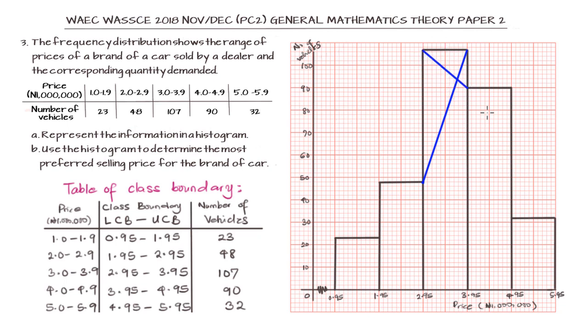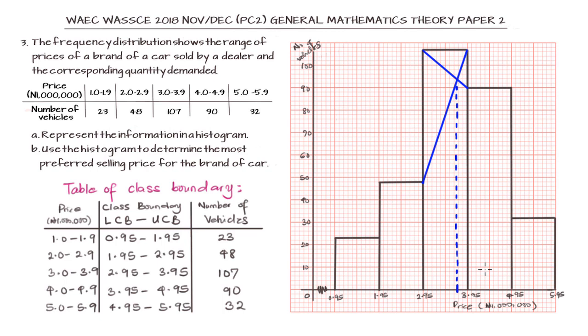And then the point of intersection, we can trace down to get the value of that point of intersection. And that will be the most preferred selling price for the brand of car that will yield maximum profit for the seller that is actually having these statistics at their custody as a report of their sales. So if we trace down that point of intersection,